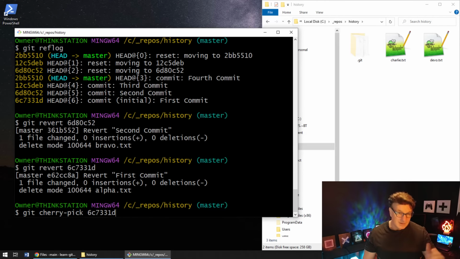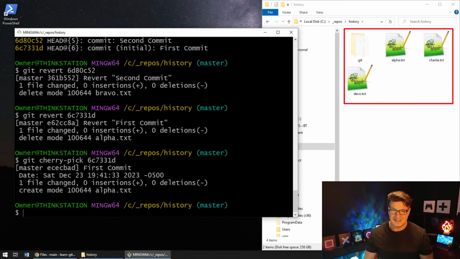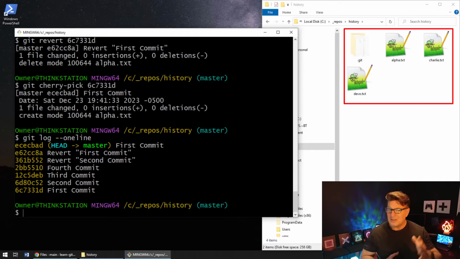And Git will say, okay, I'm going to create a Git commit message, so you've got to provide some info. But notice my repository is just Charlie and Devo. I'm going to cherry pick that first commit. And boom, all of a sudden alpha.txt comes back. I actually thought it was going to ask me for a commit message and it didn't. So life is good. And if I take a look at the git log --oneline, you'll notice that